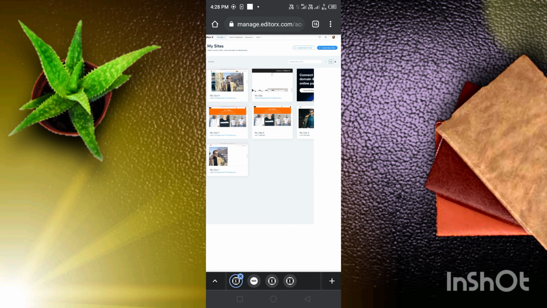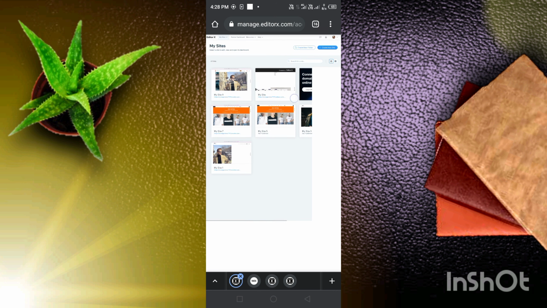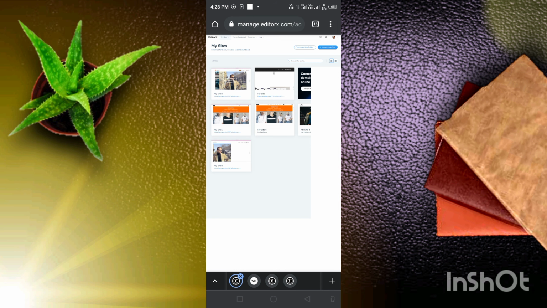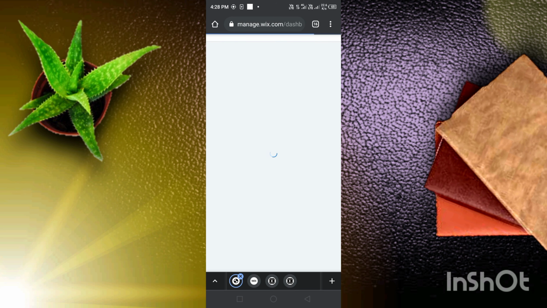Then here you have to go to your Chrome browser and tap the three dots to go to your desktop site. After going to your desktop site, you will see all your websites in the dashboard. As you can see here, I have created some websites, and after selecting one that you want to edit, you